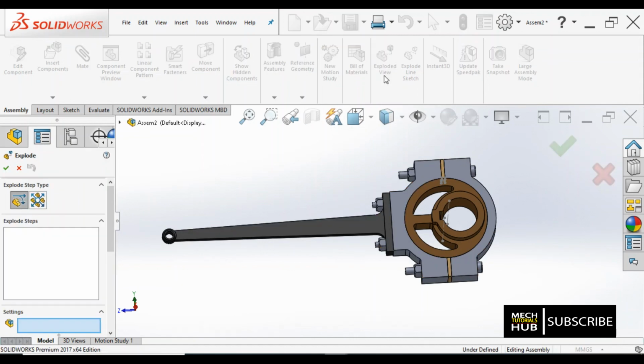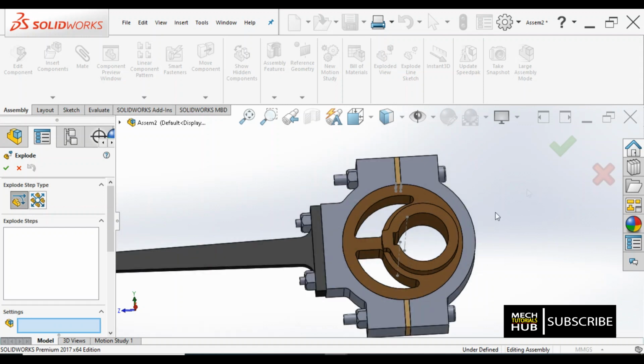For that I'll click on exploded view. Once I click on exploded view, I find two different options: one is the regular step, and one more is the radial step. For this session radial is not much required, so directly we'll use the regular one.